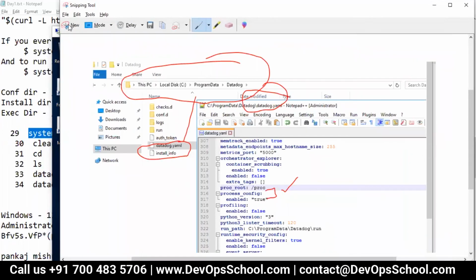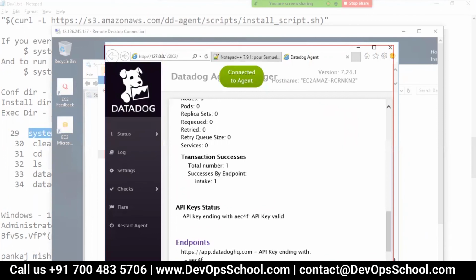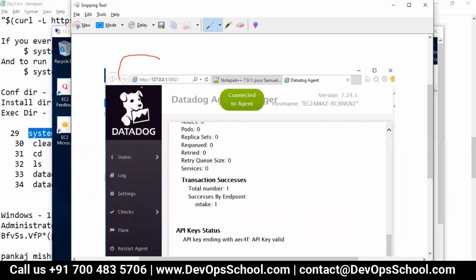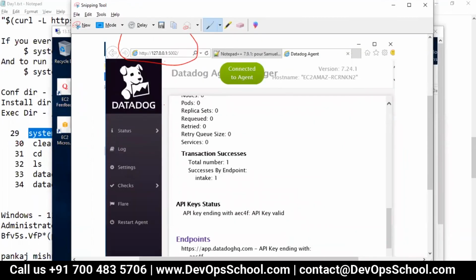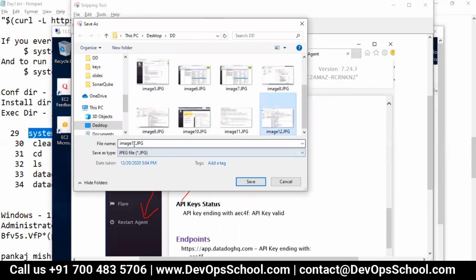And I'll take this snapshot also, so it will not get missed. So here, open up this website and go to this, click here and verify till here. So you will get this. So restart agent, this is for Windows. There's another way I showed you, so you can try it out.